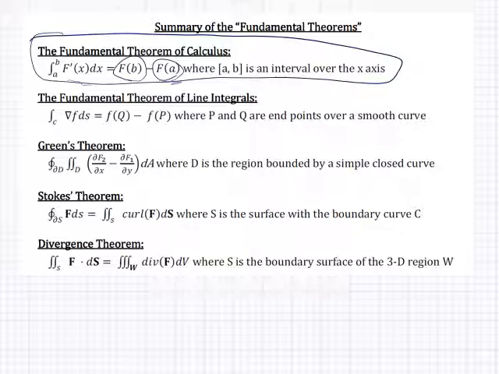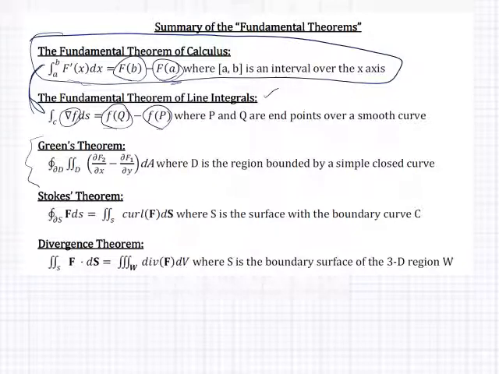Then we had our fundamental theorem for line integrals, okay, which was integrating a vector field over a curve. And this is for conservative vector fields. And it was all about having the potential function, that's why it had to be conservative, and evaluating that potential function between essentially the endpoints of the curve, starting point and ending point, and subtracting. And these two were really closely related. Then we have Green's theorem,